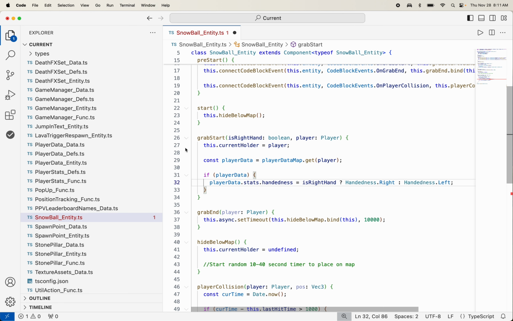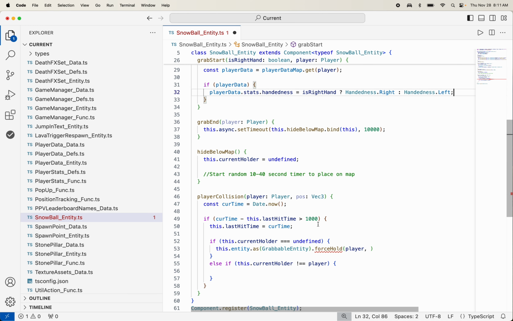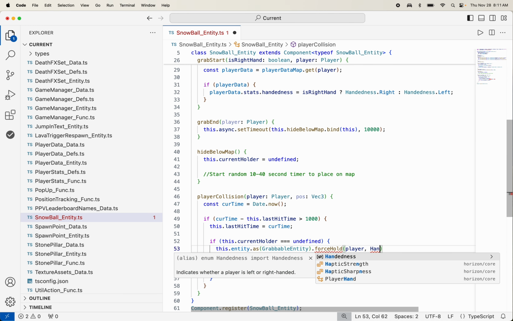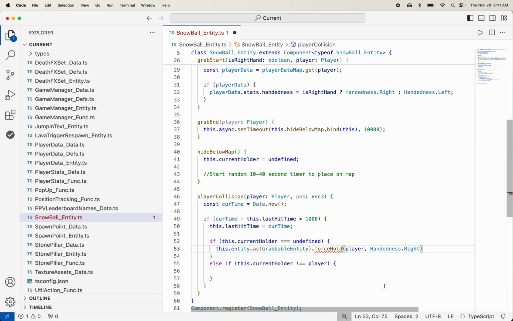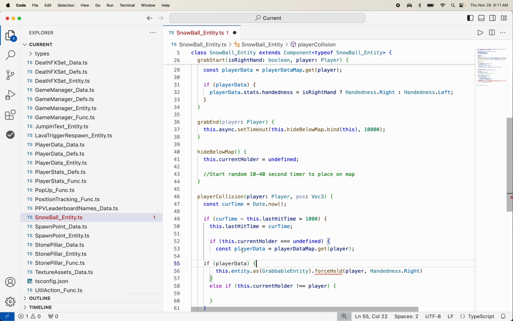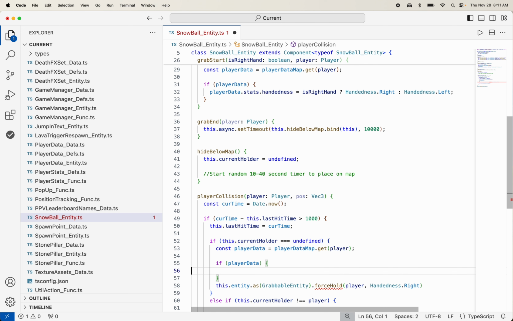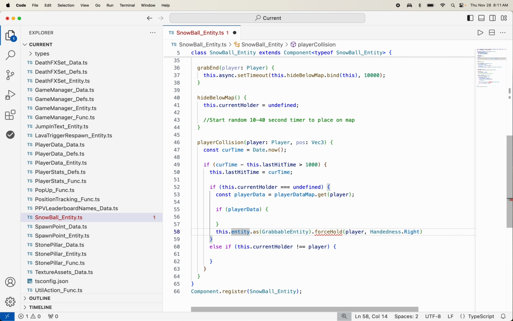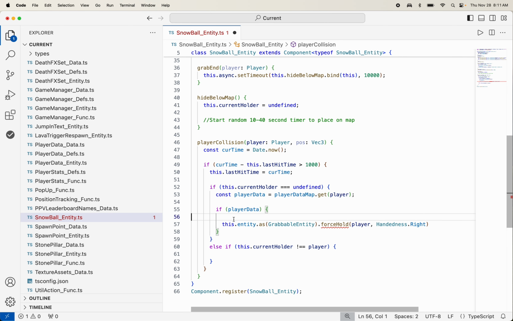Now, if you don't have a player data, player stats thing set up in your world, you can just type handedness dot right. That's okay. We're not going to do that. We're going to, of course, create another copy of this. I'm just going to copy literally that right there. Command C, Command V, and then add another curly brace. Click Enter. Shift Alt F will reformat it to make it pretty. We can then Alt arrow this up into here. So we're saying we must have a player data,